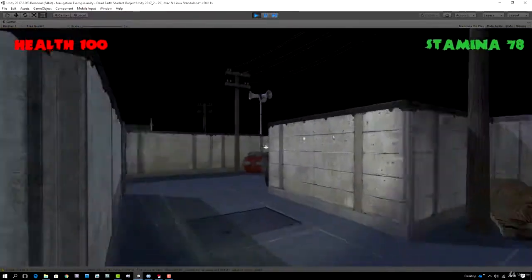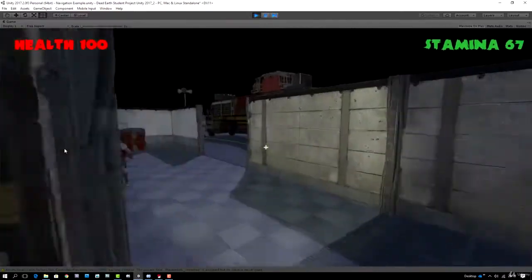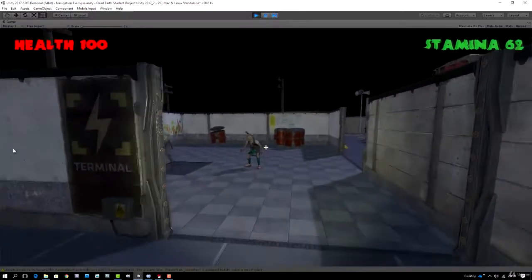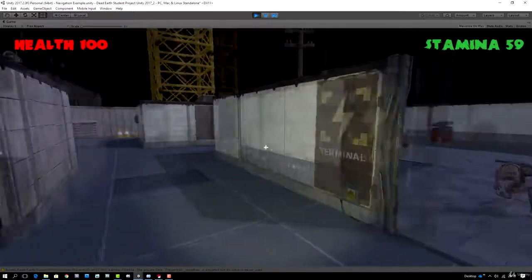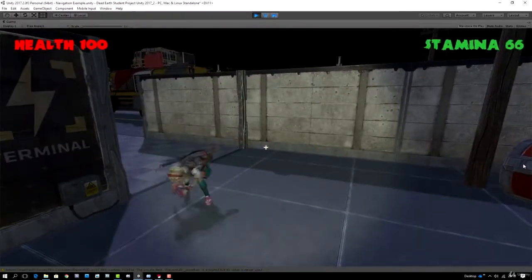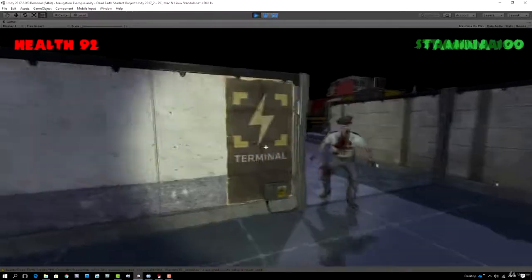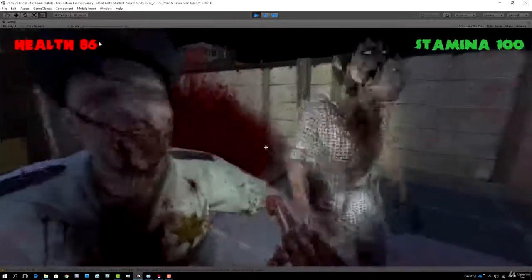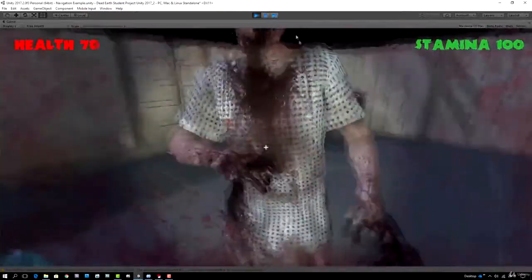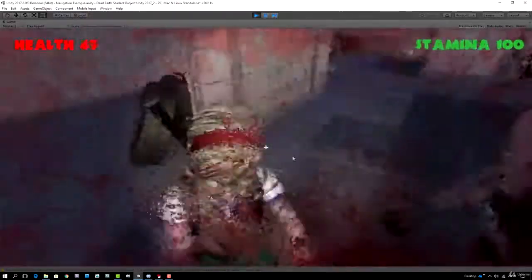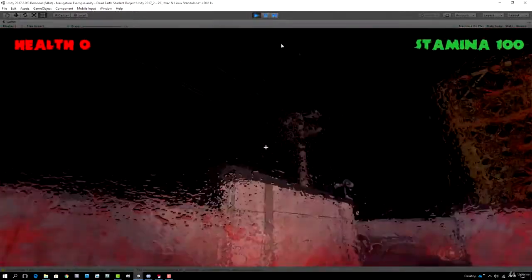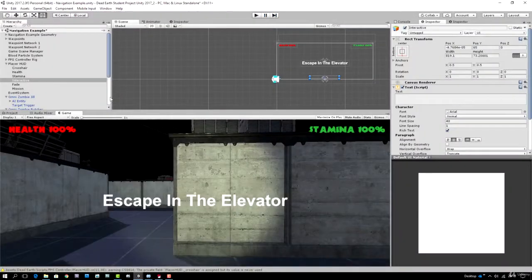I suppose we better get a zombie to attack us so we can see that our health goes down as well. Oh, little zombie scout girl is coming at us. That's not cool. Okay, so let's let her attack us. Yes, and our health is indeed going down. Wow. I'm getting absolutely destroyed here. They've all got hold of me, I can't get away. Okay, so there you see, health has gone down to 0,